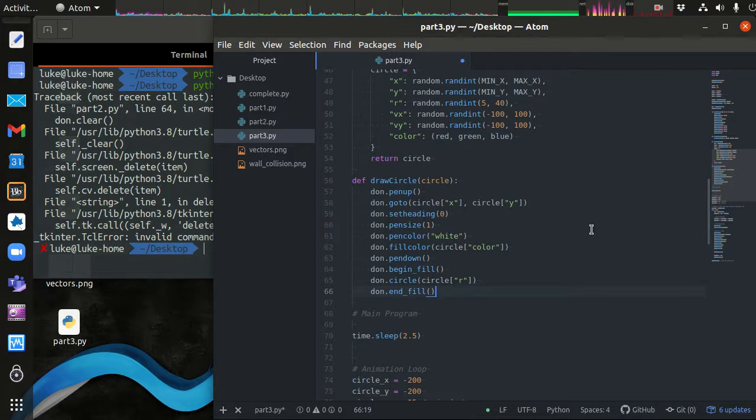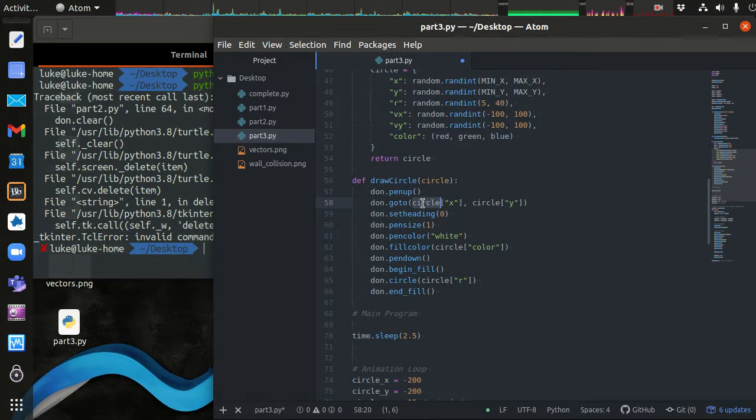So here's 0, 0. The way turtle graphics draws the circle, that's not the center of the circle, that's the bottom, and it's going to start drawing the circle like this, right? So if we actually want our X and Y position from our circle objects to be the center of the circle, we want to first move down by the radius,